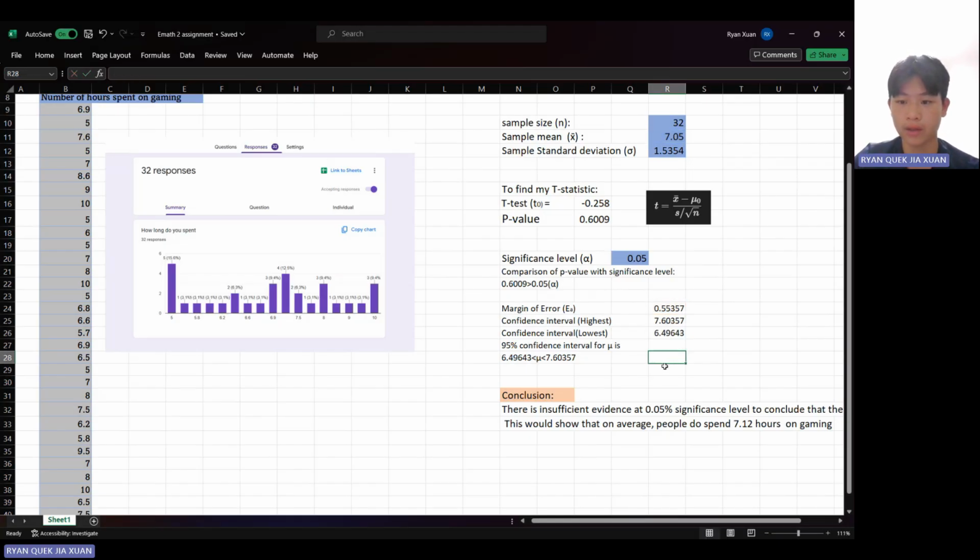After getting the highest and lowest value, we can therefore substitute both values into this range. The range will show what the average number of hours would be between the lowest and the